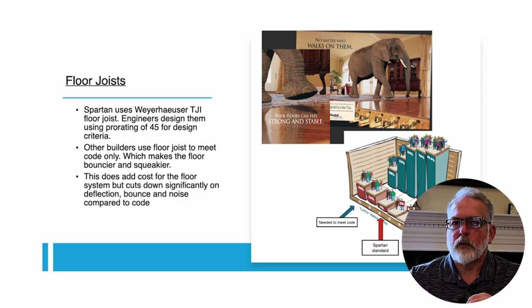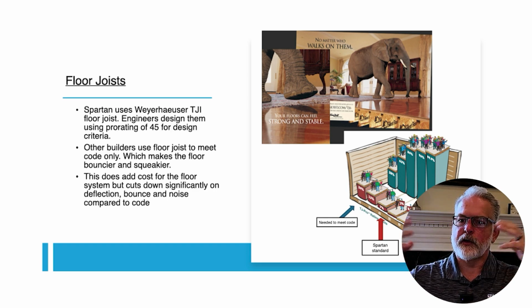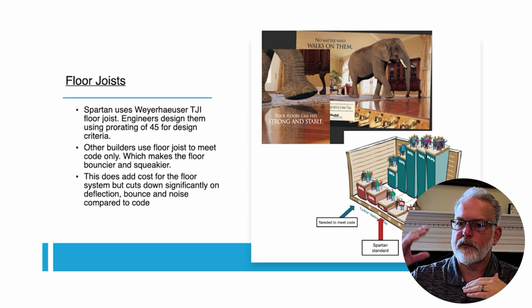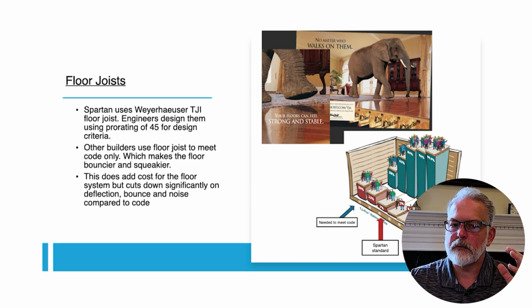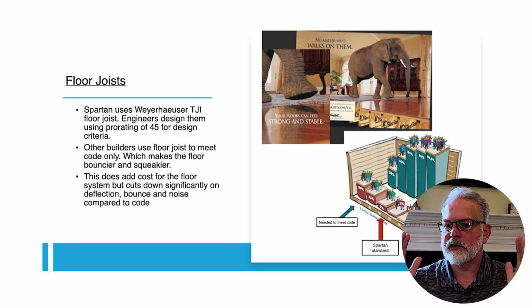One reason that we use Weyerhaeuser TJI and have it designed by a professional is because of the span. Everybody wants an open house, right? First floor. Everybody also wants the least amount of bearing walls or columns or beams in their basement also to keep it open. One way that we do that and keep the cost down, because you can certainly do floor joists that'll span a lot longer, but they're a lot more expensive and they have their own inherent problems, is we're using TJIs and we can give really long spans, but